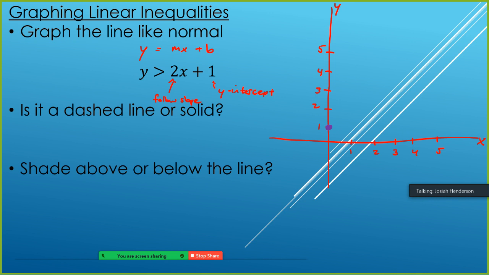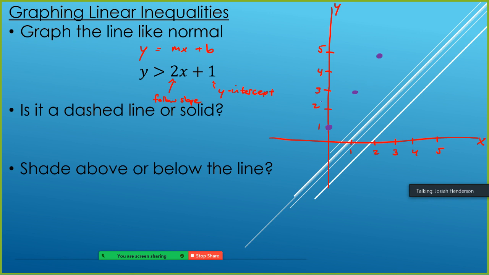Then follow slope. Since it's 2, we go up 2 over 1, starting from our purple point. So up 2 units over 1 unit to right here. And then let's put another one in there just for good measure. Up 2 more over 1. So even though I'm just eyeballing this and doing kind of a sketch, it came out to a nice straight